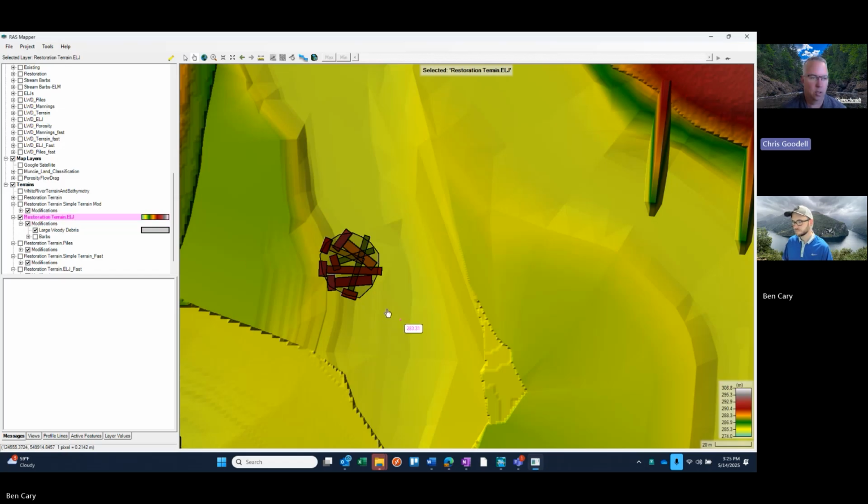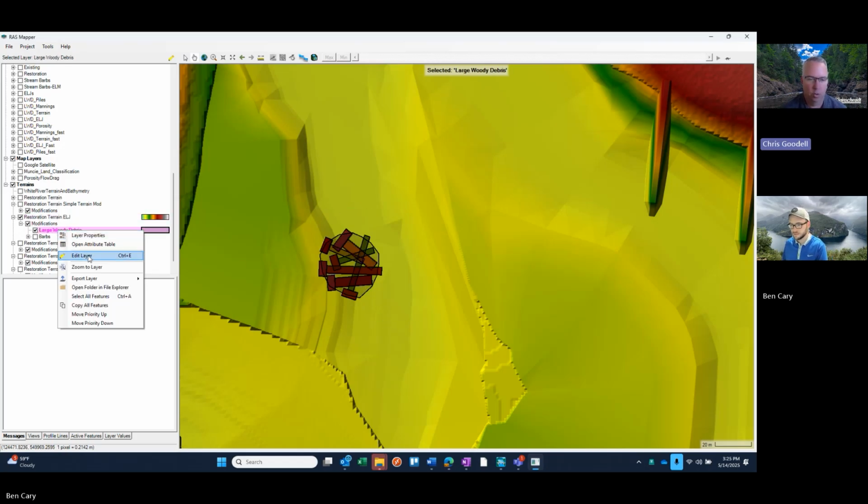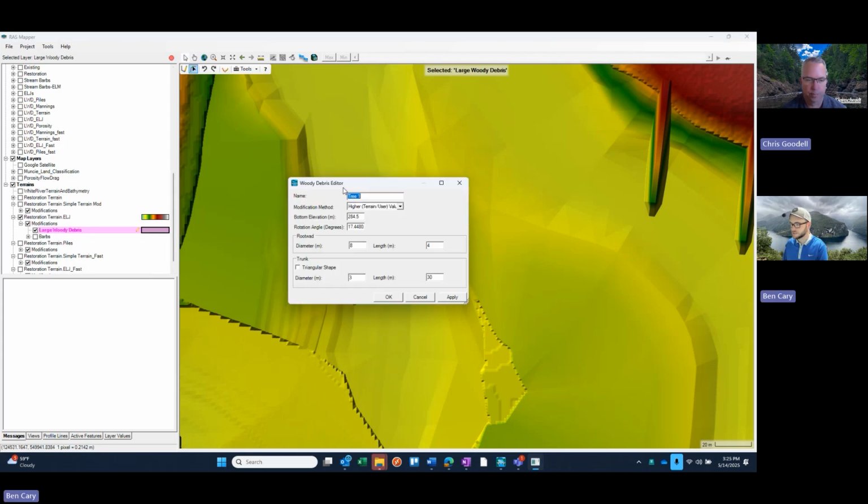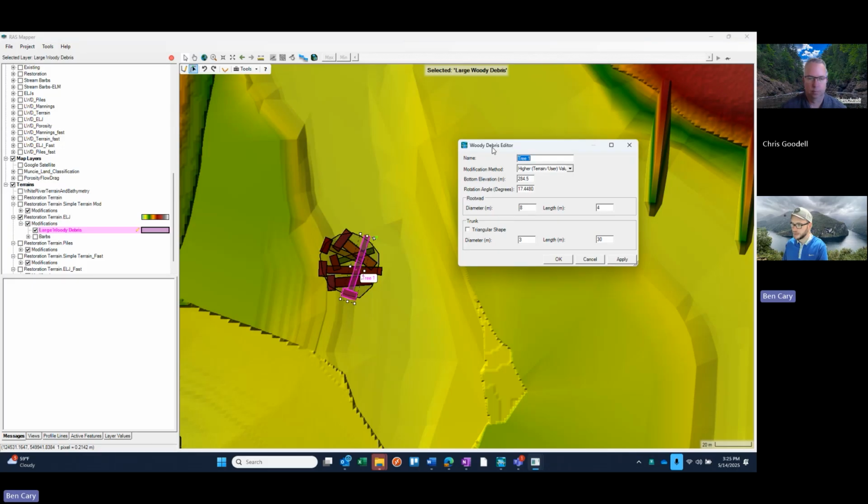And in the large woody debris terrain mod, you put each one in individually, but no reason why you can't stack them on top of each other. Exactly, right. So this is what that large woody debris editor looks like. You give it a name, you give it a bottom elevation, you can rotate the angle in here or manually. You can change the diameter of the root wad or the length of that, as well as the diameter and length of the trunk. So you've got some customization that you can incorporate there, but